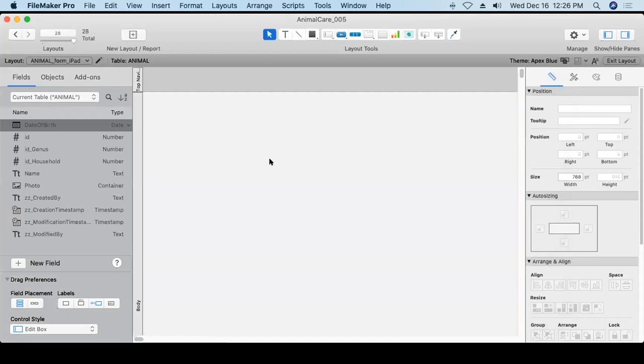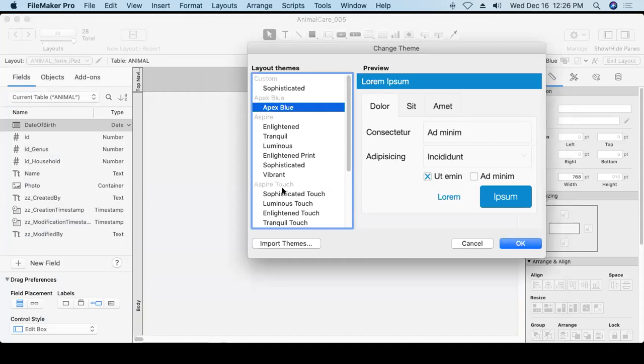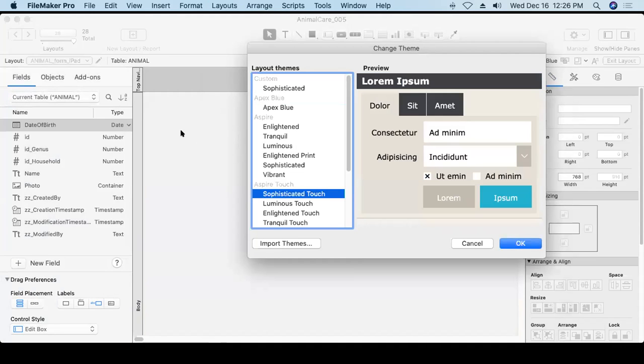There we go. We get this nice new layout. It's using the default theme, which is the Apex Blue theme, but I'll quickly change the theme and go with the Sophisticated Touch theme. The other layouts in the system are using the Sophisticated theme, a custom version, because earlier in one of the earlier sessions I made some changes to some of the styles in it, and that generates a customized version of